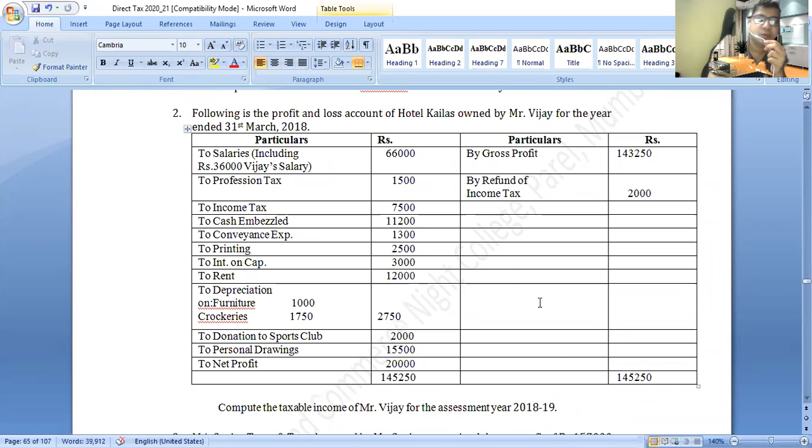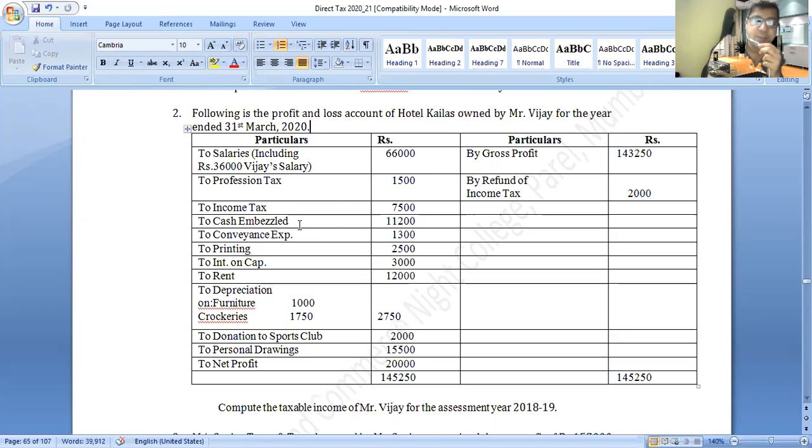We will change this year to 2020. The profit and loss account debit side: salaries 66,000 including rupees 36,000 Vijay's salary,